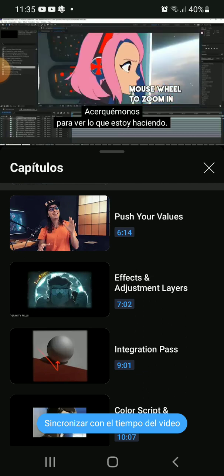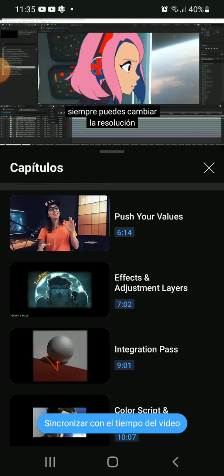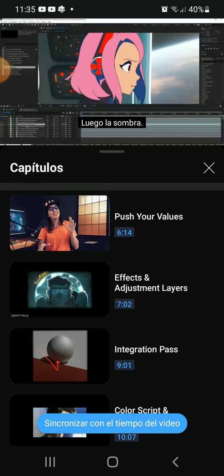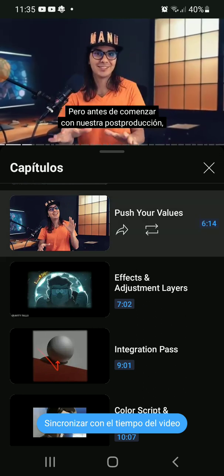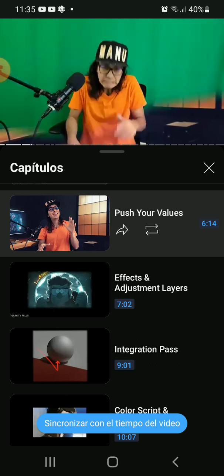Let's move closer to see what I'm doing. And if the preview looks too low quality, you can always change the resolution here to full resolution. The higher the resolution, the more time it will take to show you this preview. So let's go back to a third. So we have the line art, then we would have the shadow, and then both the hair color and the character color. But before we get started with the actual post-production,